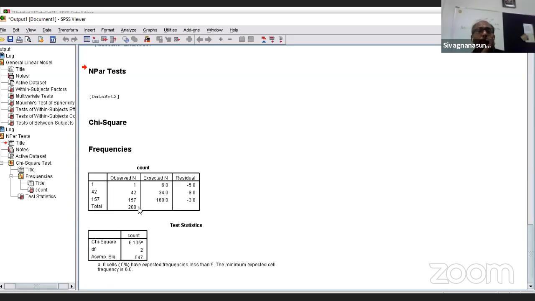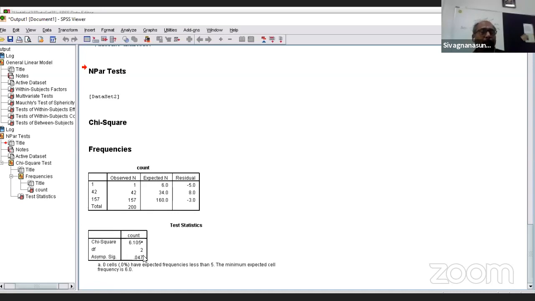Then 17% of 200 is 34. We expect 34 products to be good. And 160, that is 80% of the sample, we are supposed to see as excellent products. So that is the expected frequency: 17%, 3%, and 80%. I'm sorry, this is the observed frequency: 142 and 157. Remember, we entered it in the data set as observed. This is expected. Based on that, the chi-square statistic is computed, which is 6.105, and we have to look at